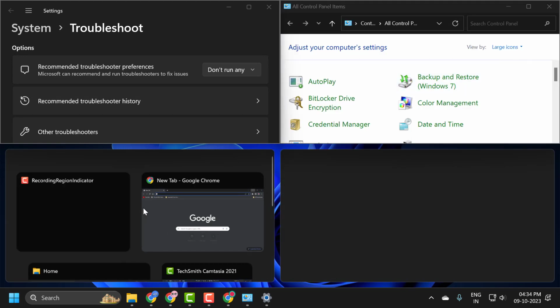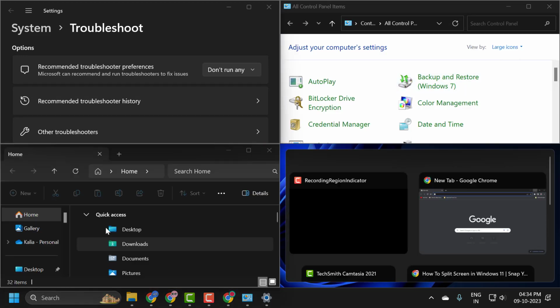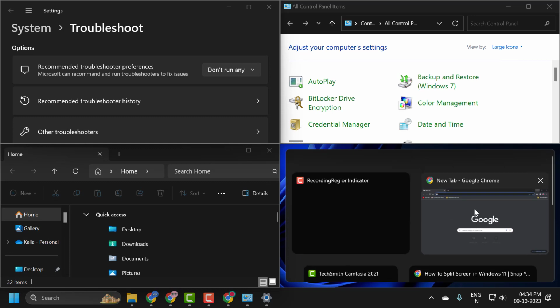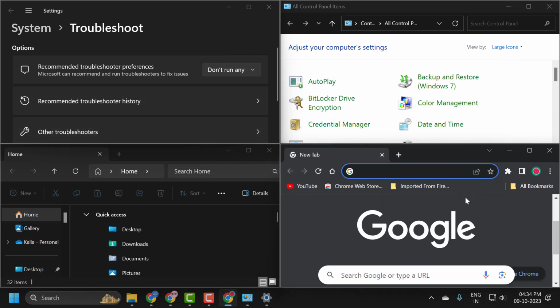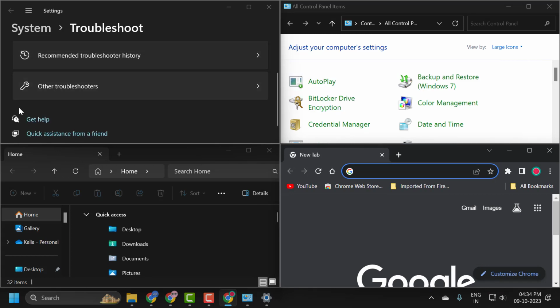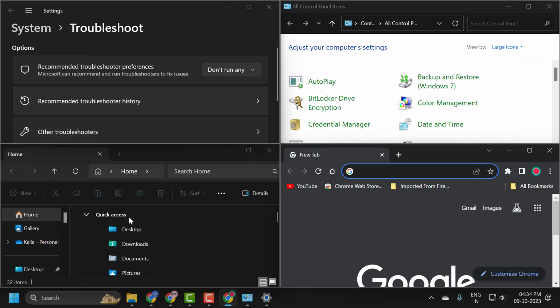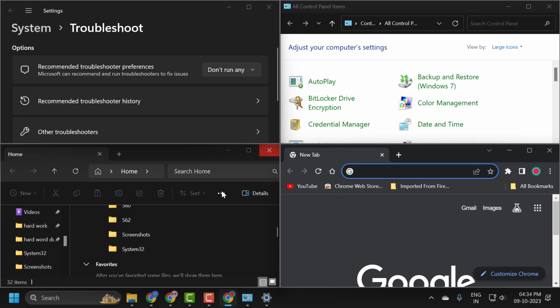Control Panel on this side, File Explorer, and this side Google Chrome. Four tabs available on the screen. Now you can access any tabs you wanted guys. Now you can use it like this, any tabs,